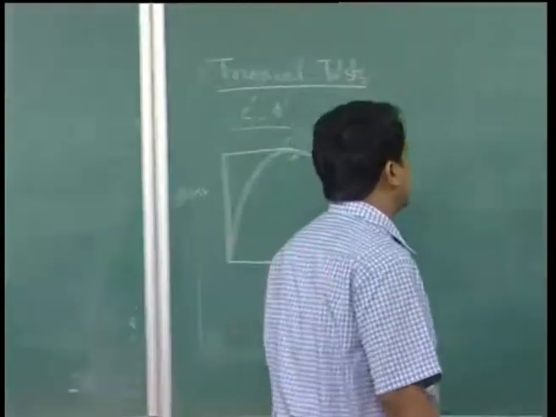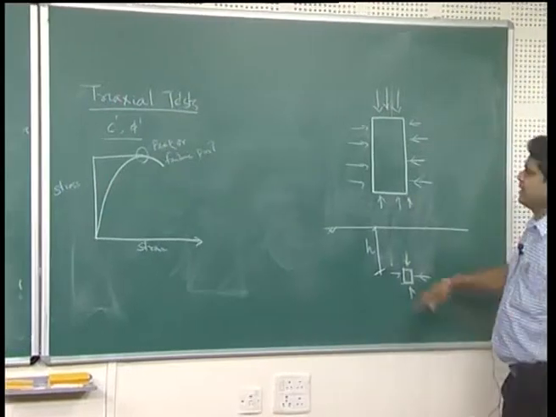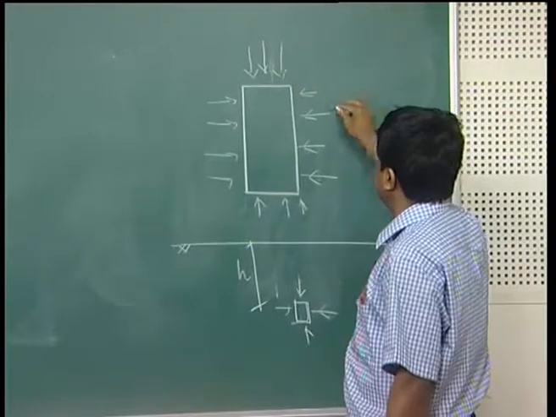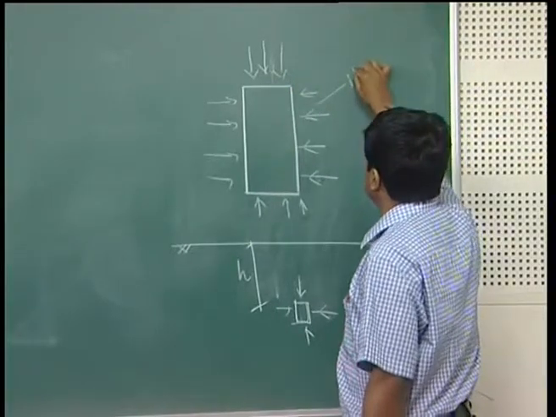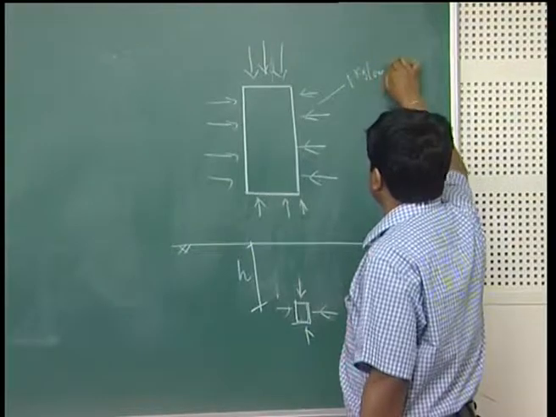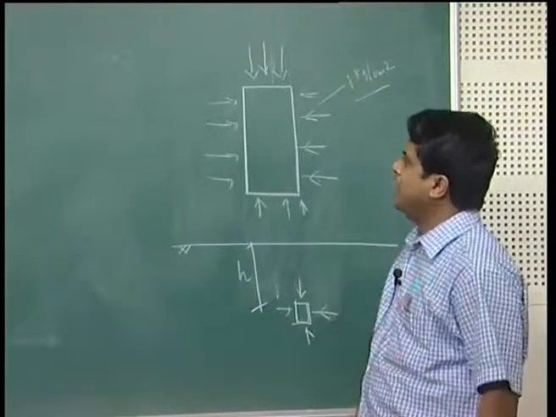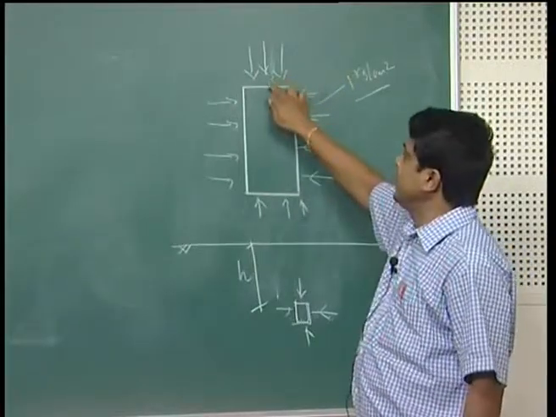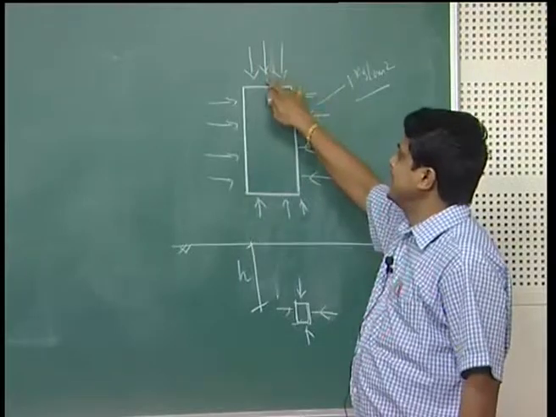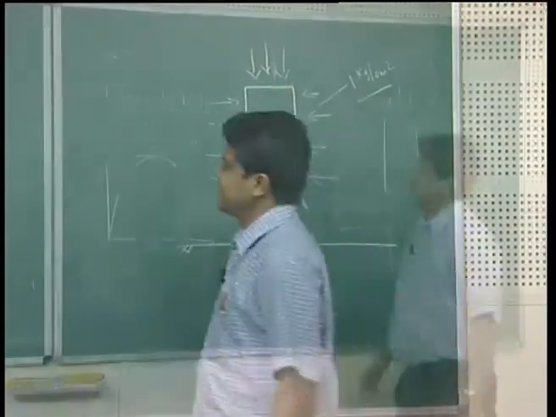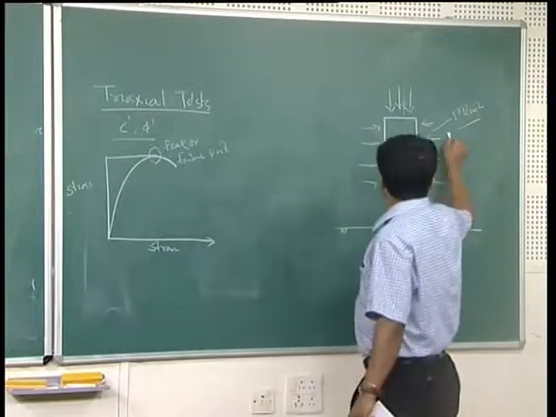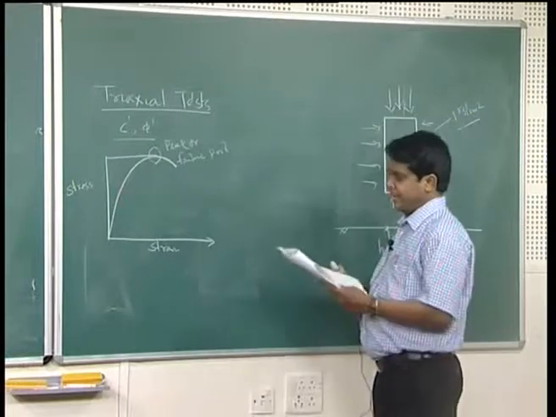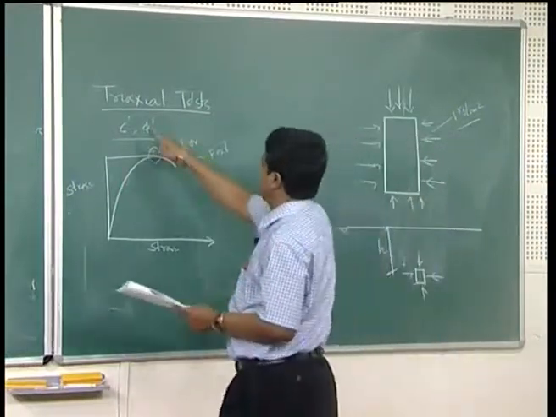From there, with application of a particular load or stress, with increase in stress, the soil sample with a particular confining pressure, suppose this is a confining pressure of say 1 kg per cm square. With this 1 kg per cm square, how much stress can it take before failure? So you just apply load and increase it. That stress versus strain you will get for a particular confining pressure, and you will get your peak or failure point. Now, there are two parameters.